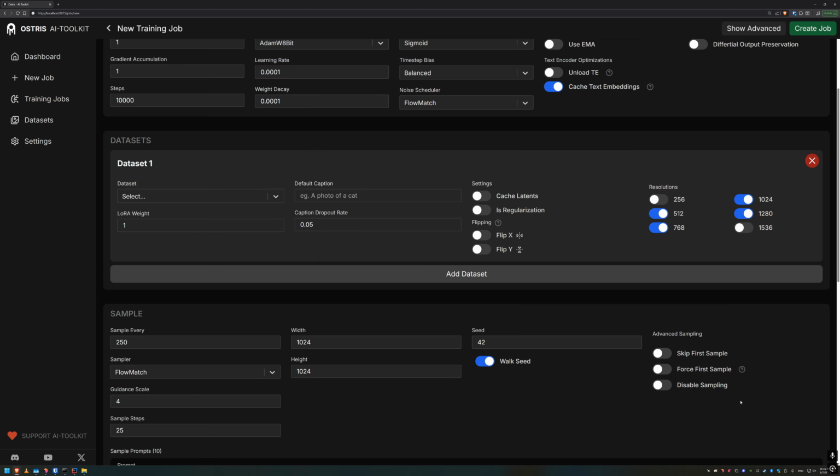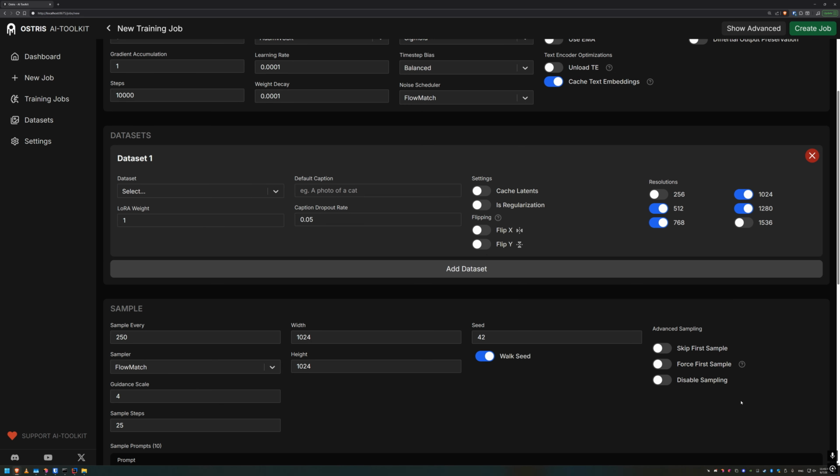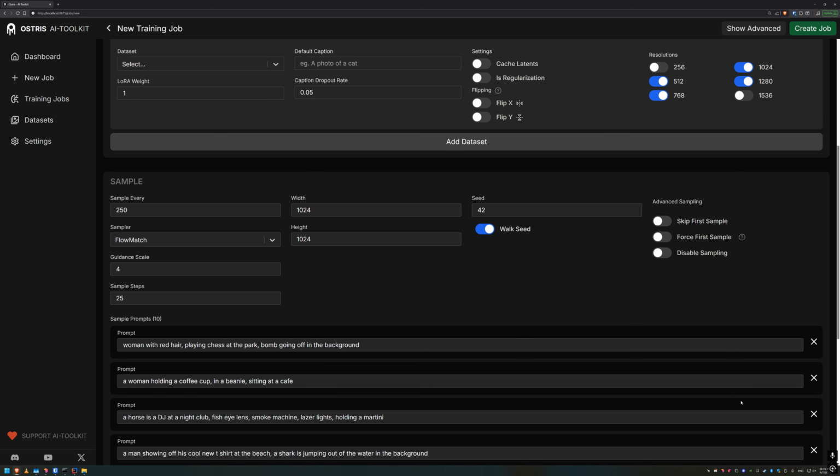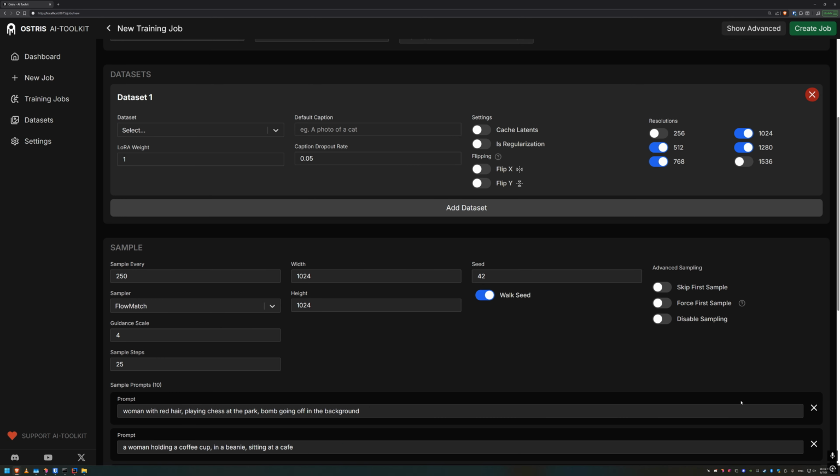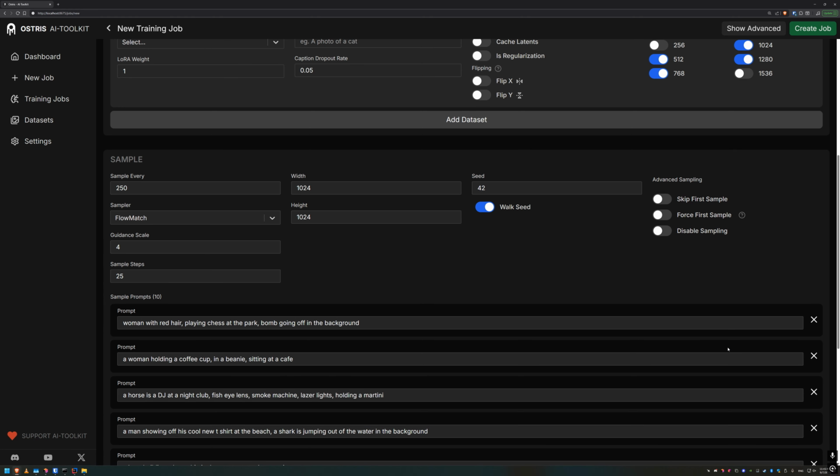Okay, and that's it for dataset. Oh, dataset wasn't the last section, was it? Now we're at the last section, sample. So the way that Ostris's AI Toolkit works is when you